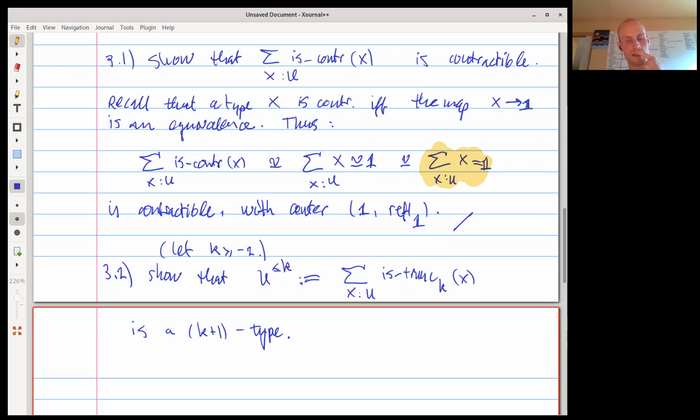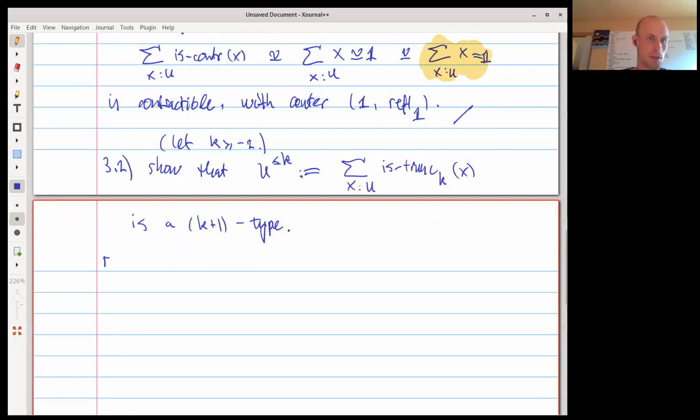And recall that this is is-trunc. Maybe I should recall. So let me do a sidebar on that. Recall is-trunc is defined inductively, and is-trunc -2 of X is defined by is-contractible. And is-trunc k plus 1 of X,